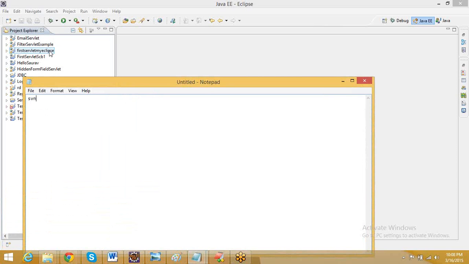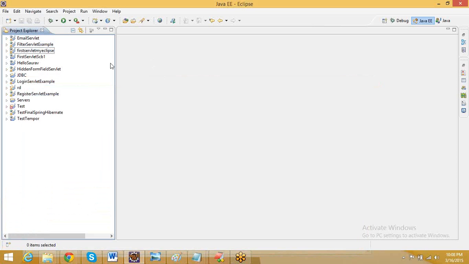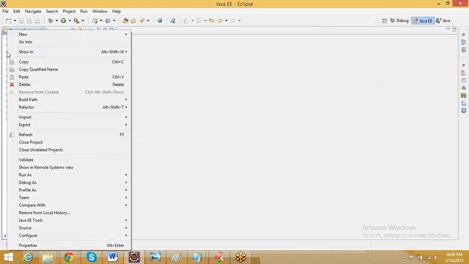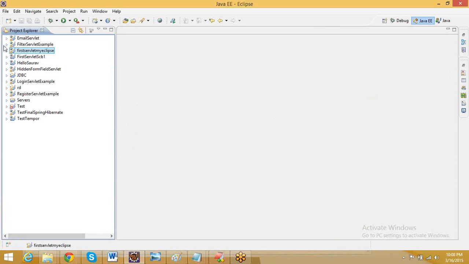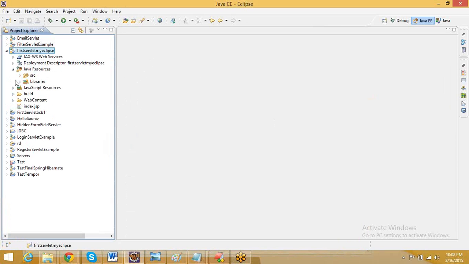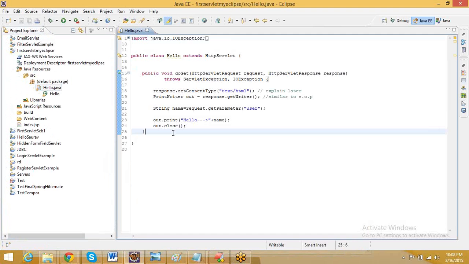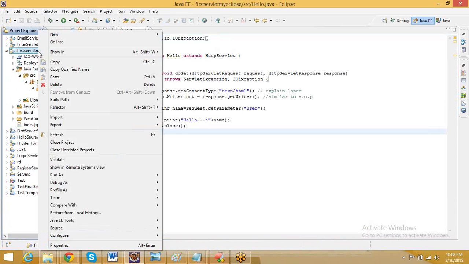SVN is where our source code goes. We commit to SVN so that everyone can share it, right? Once we have the application done here, you have done this application from your end and want to commit this code. How can you commit? There is another tool. This is real time. It is applied if I have the SVN plugin in my Eclipse.